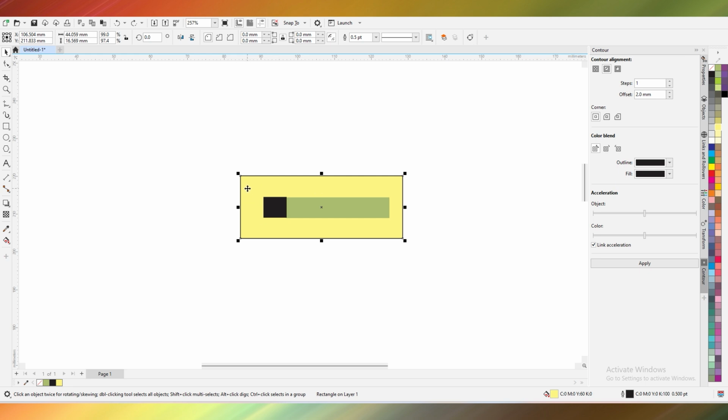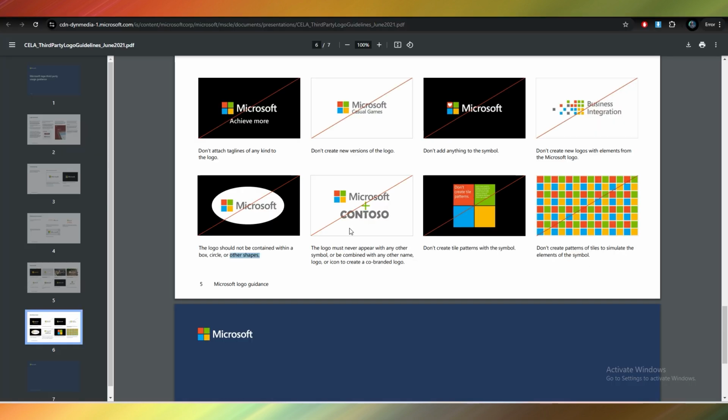Got it? So we are going to remove this. Now we are good to go and aligned with the guidelines. The logo must never appear with any other symbol. Got it? Or combine with any other name, logo, or icon to create a co-branding logo. For co-branding, they have shared that we can't use any kind of logo plus or any of these things.